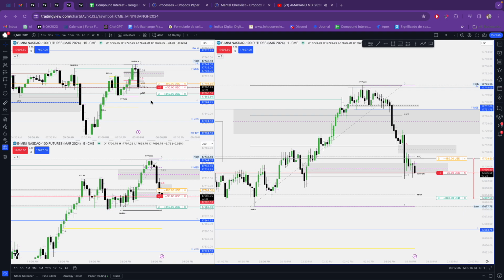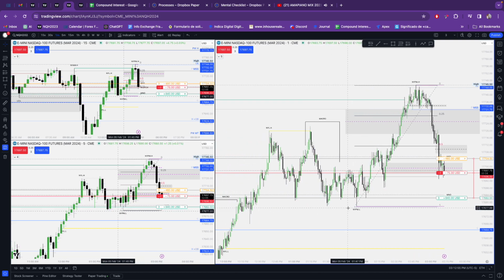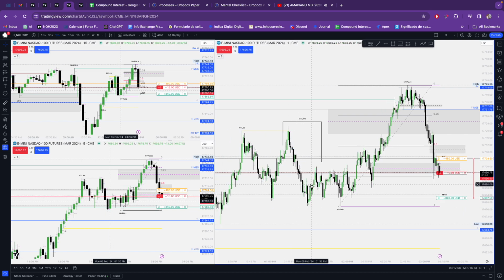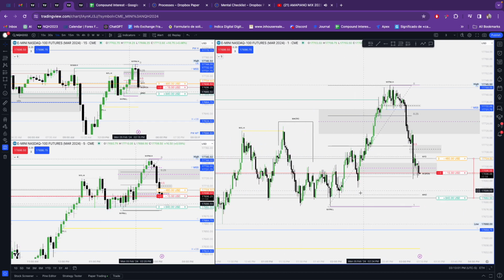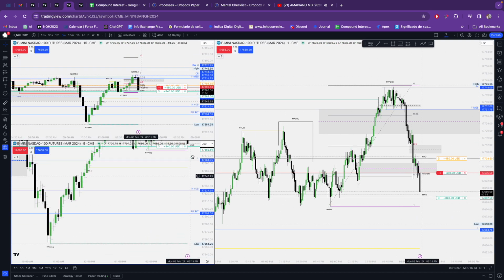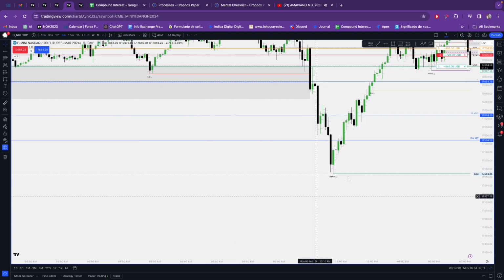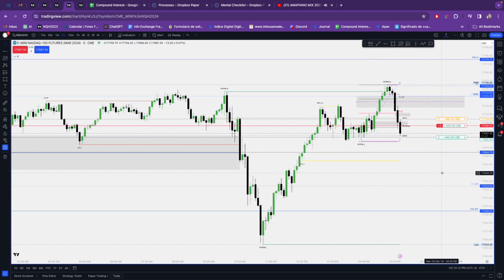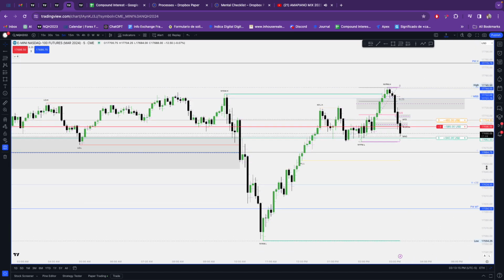I don't see any inverse fair value gaps right now, especially on the buy side or the sell side of the curve. This does look pretty bearish though. I don't see any model 2022s. If we were to get a model 2022, it'll be down here, drawing liquidity here. When these draws on liquidity come back in this area of consolidation, that will be the model 2022. This could just be a retracement as we suspected here on the 5. Look at that. Go ahead, go for it. This is a 5.